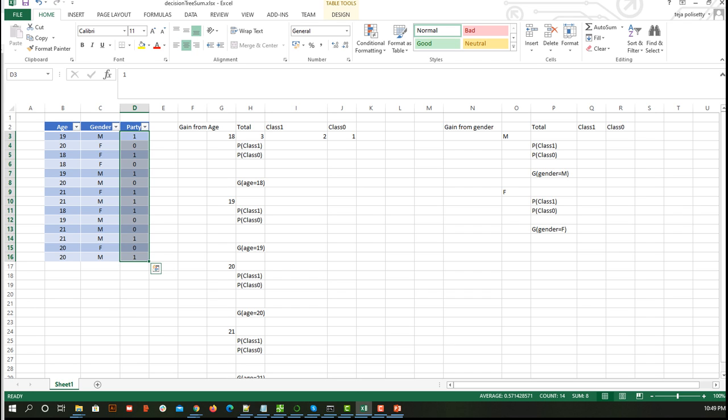So the methods here are to identify which attribute needs to be considered at any point of time. That is Gini and that is entropy. Both methods are used to find the information gain. The more information gain is provided by age or gender at that point, that is the attribute we consider. If age provides more information, we consider age for decision making. If the information gain provided by gender is more, we consider gender as that node to take the decision.